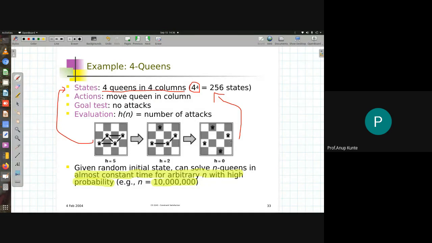Now, in last week's lecture we talked about assignment of a variable. There were two kinds of assignment of variables. One was referred to as a complete assignment, and the other was referred to as a consistent assignment. Now, all these three instances that you are looking at, the one here, the one here, and the one here.